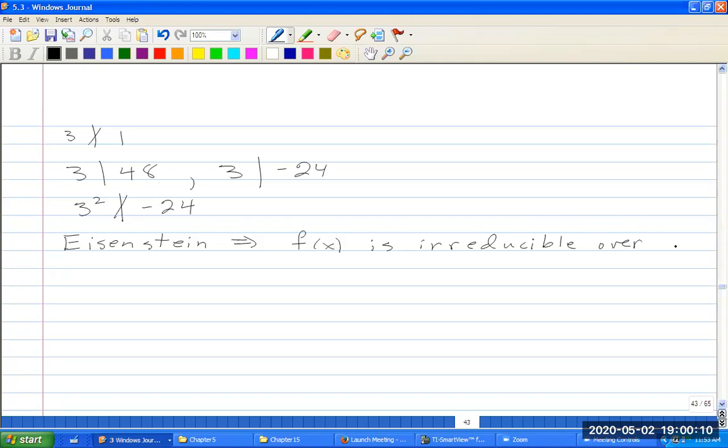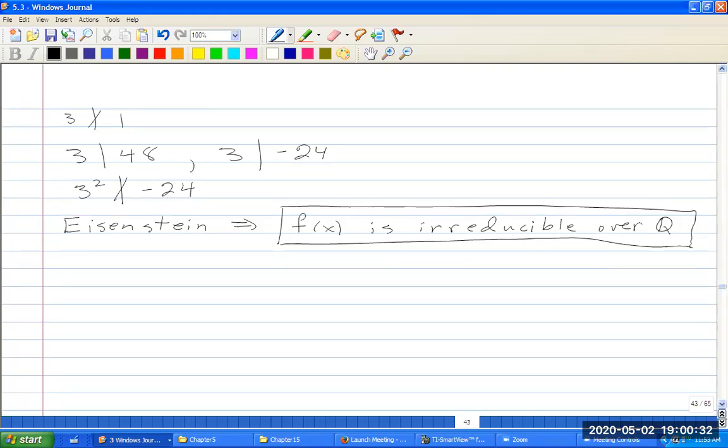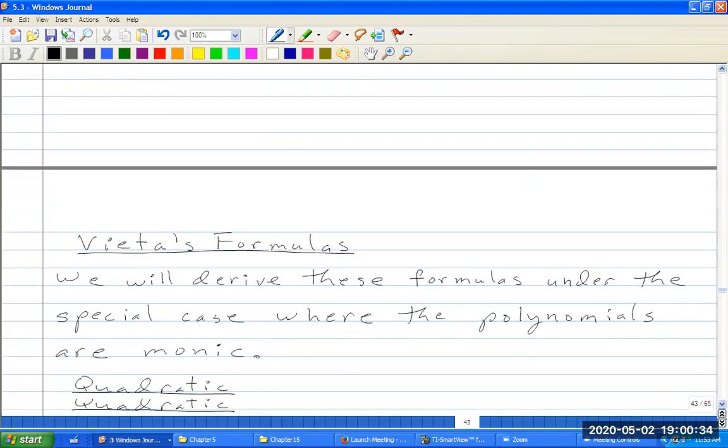over the integers. I forget if I did Eisenstein as integers or rationals. It's irreducible over Q. Again, it doesn't matter by Cauchy's lemma, if I would have said integers over Q. Okay, so